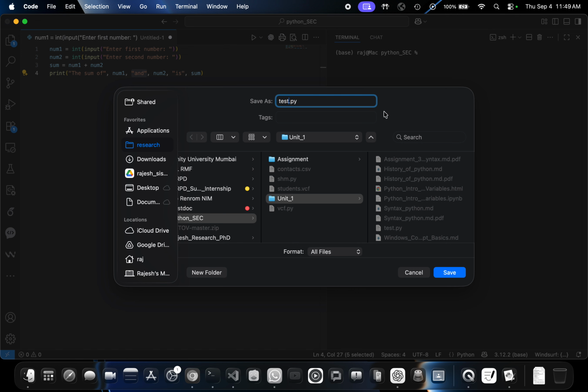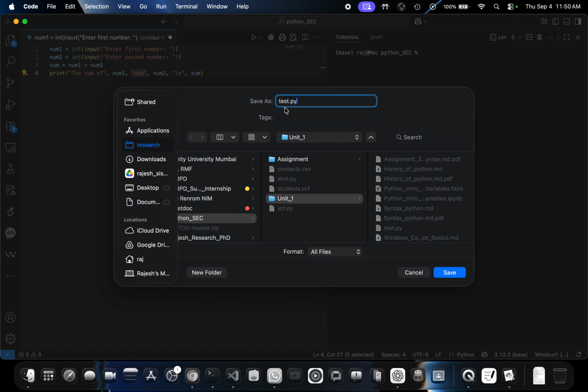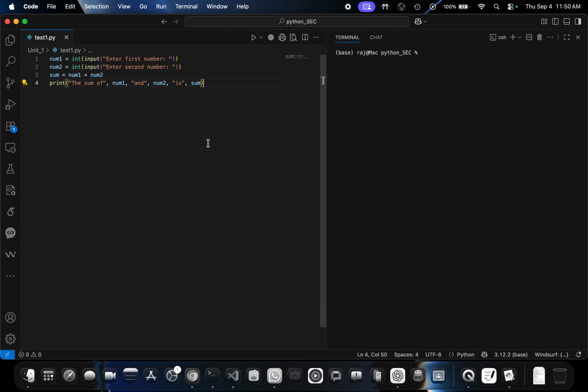Whenever we are writing our script mode Python programming code, we always have to use this extension .py. This is essential for script mode. Let us change the name, test1. Okay, test1. So I changed the name.